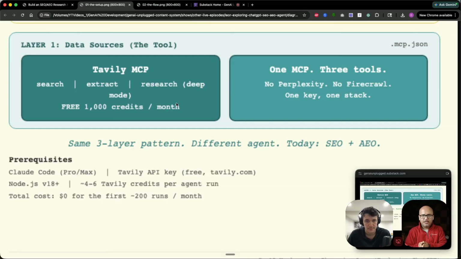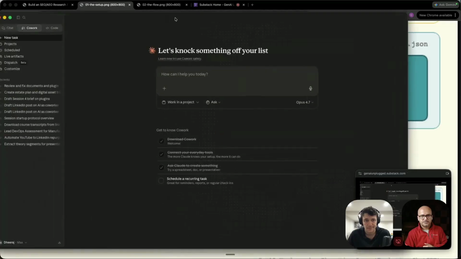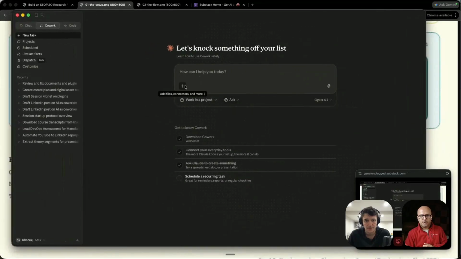So Tavily created an MCP server. MCP can easily be integrated into your Claude Code, Claude Cowork, or any MCP-compliant application. MCP-compliant applications are things like Claude and Cursor. You can drop in a config file, click a few buttons. So for example, let me bring this over here. This is Cowork, and I'm in chat over here.